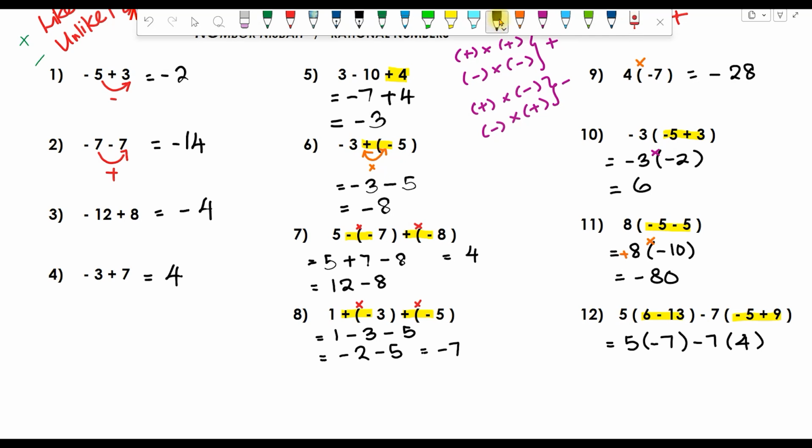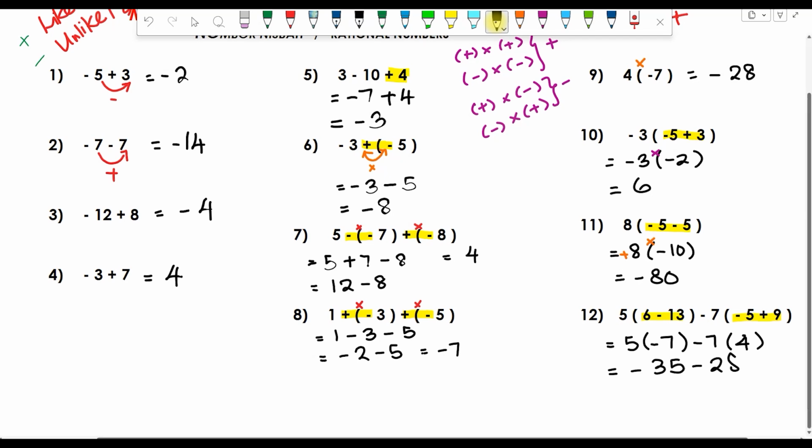So, we're going to start with the first one. So, now, start with the symbols. Positive times negative gives you a negative. 5 times 7 will give you 35. Okay, now this one also same. Start with the symbol. Negative times positive gives you a negative. 7 times 4 is 28. So now you owe someone 35 ringgit. And then after that you owe the person another 28 ringgit. So dah hutang 2 kali sekarang. So all together you sekarang dah hutang 63 ringgit. Macam tu je, senang.